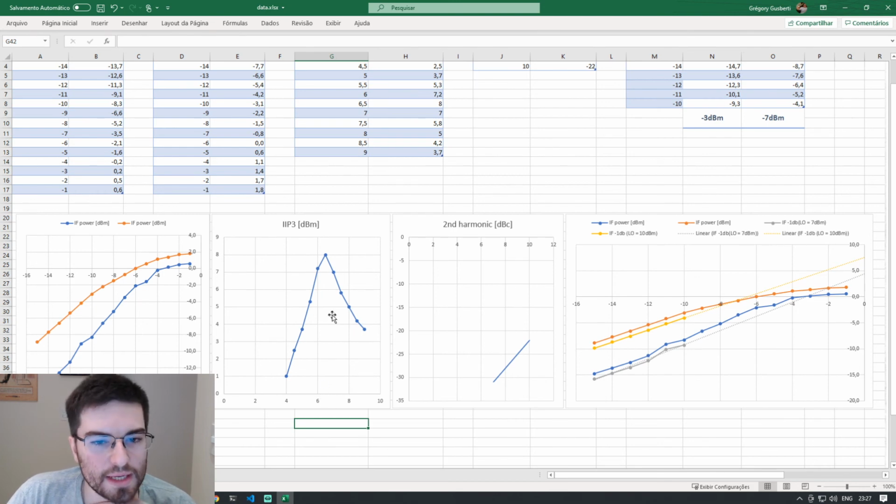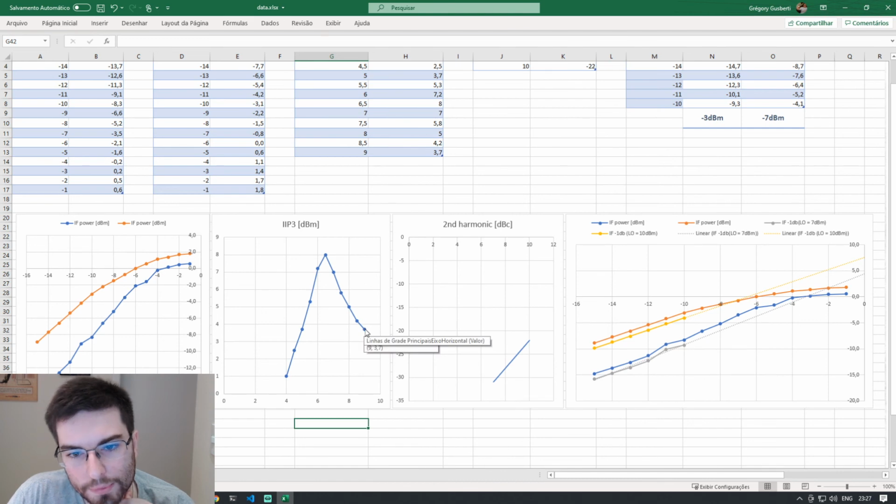So 7 dBm is truly the best working power to put in the LO. When we start to increase the LO here, we can see that the third order intercept will drop. So we're going to have more harmonic content, and this